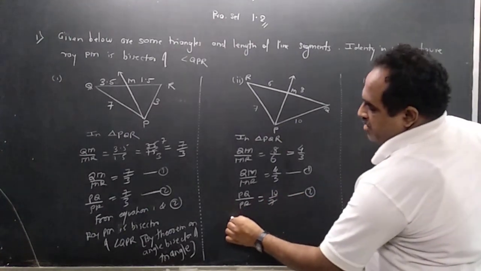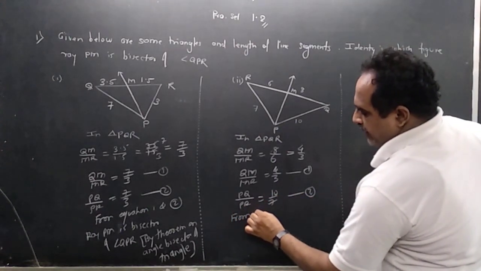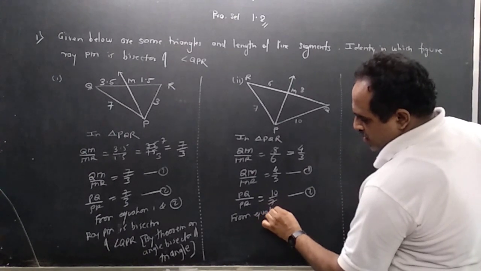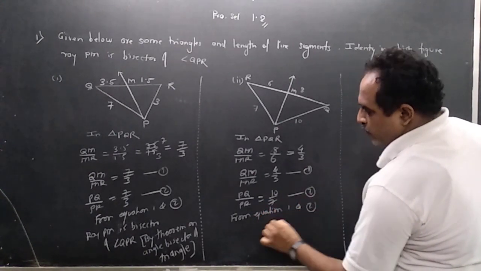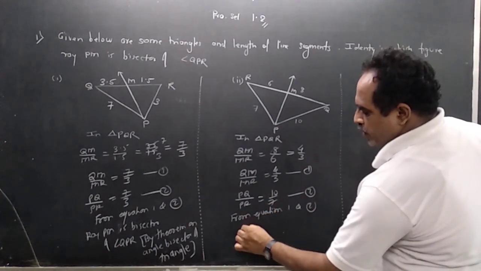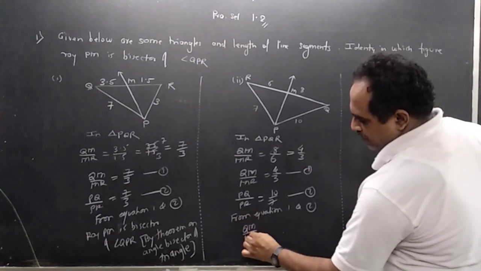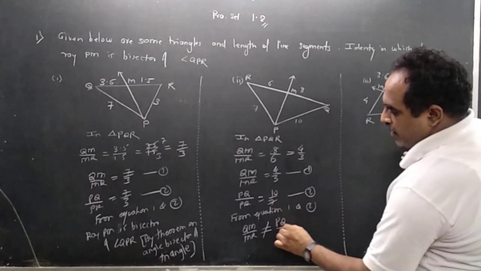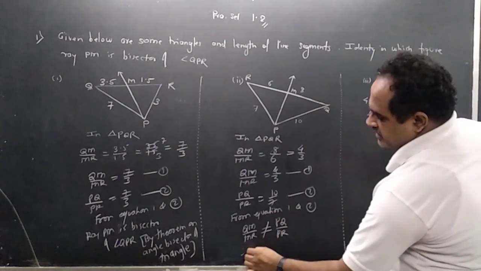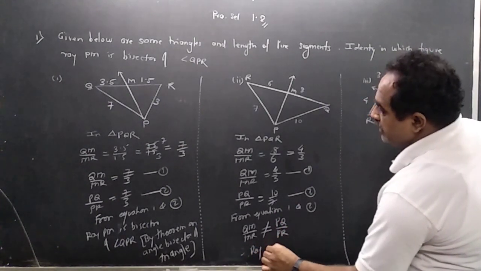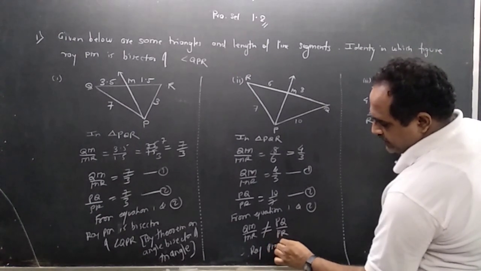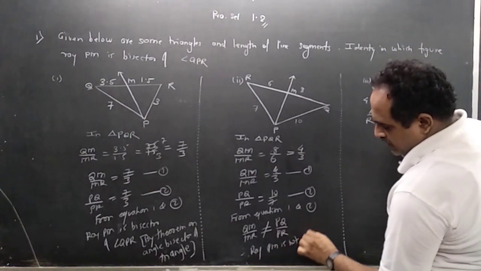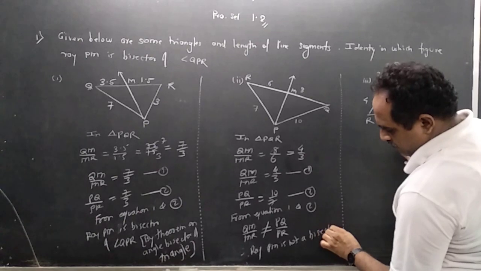So from equation 1 and 2, what can I write? QM upon MR is not equal to PQ upon PR, means ray PM is not a bisector of